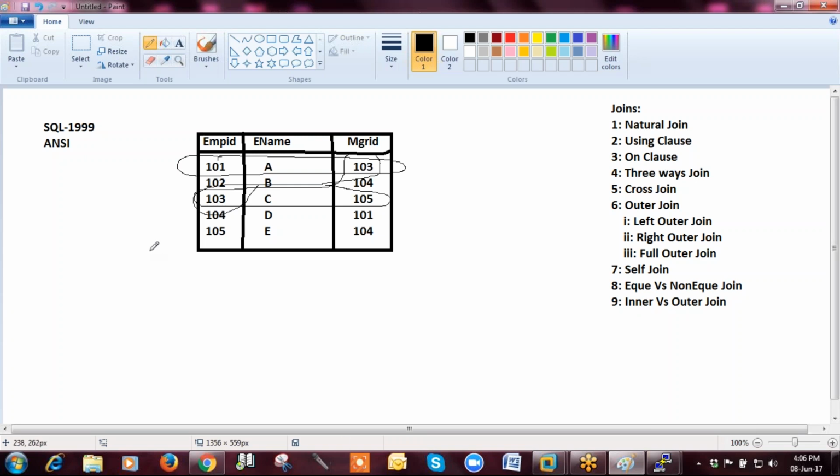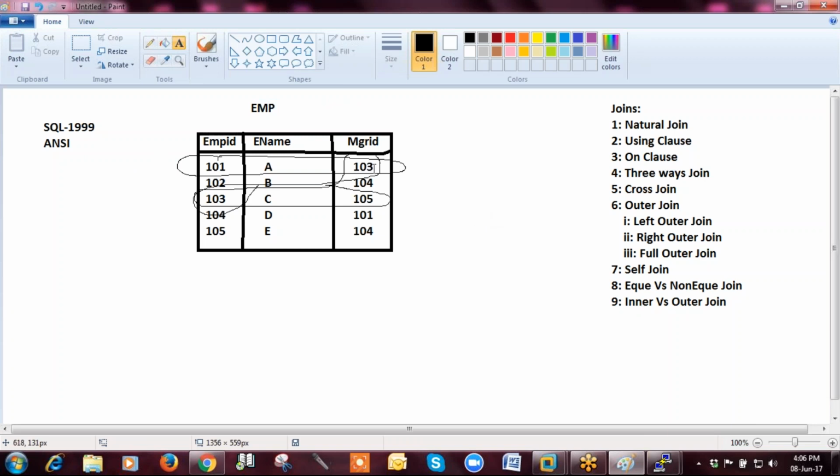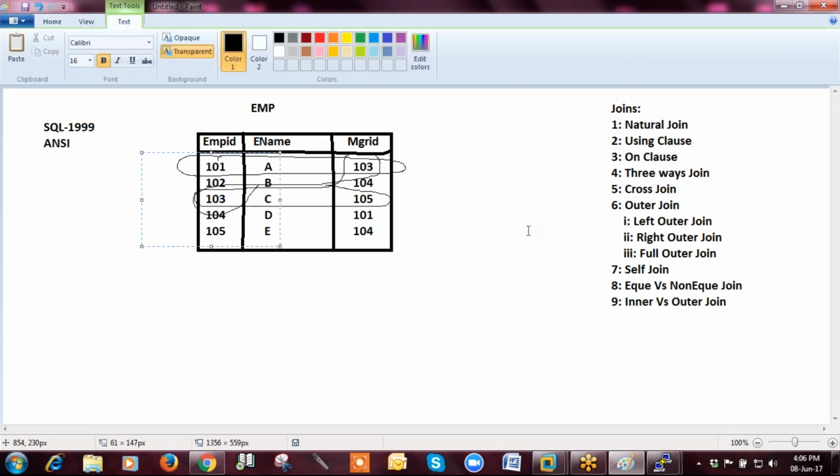So what you are doing is referring to the same EMP table two times. One time to get this manager ID, and again you are using the same manager ID as the employee ID to get the name. When you refer to this table the first time, you refer to it with E1, and the second time with E2.